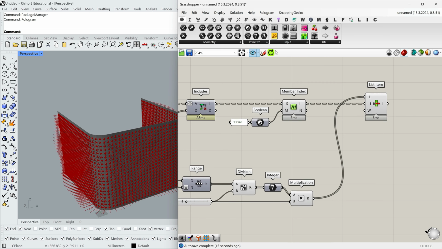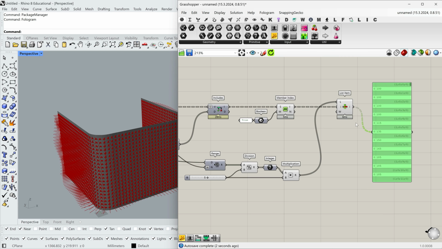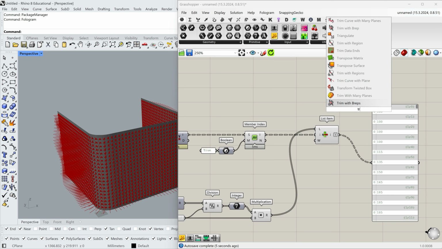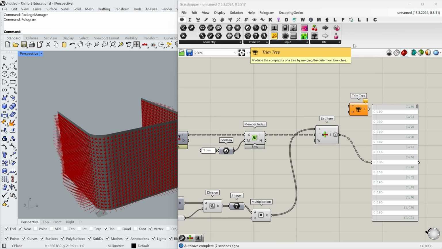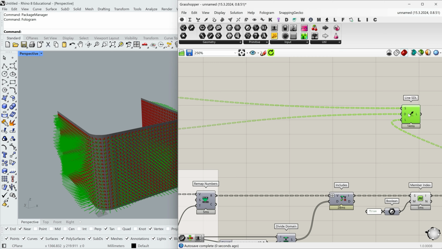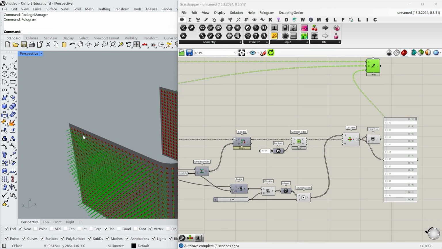Right now, I'll use a panel to see what's happening. Okay, I will simplify this tree, and we'll use the Dream Tree component in order to simplify it even more. And now I can use it with Line SDL. Great. We've got the proper lengths for every rod we have.